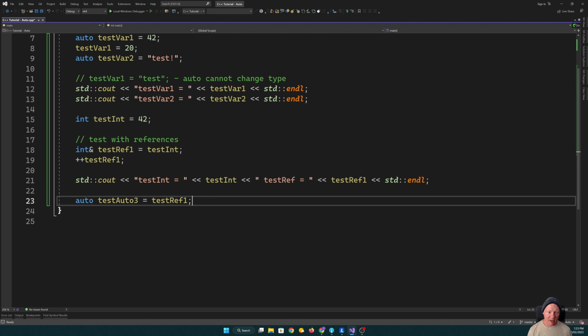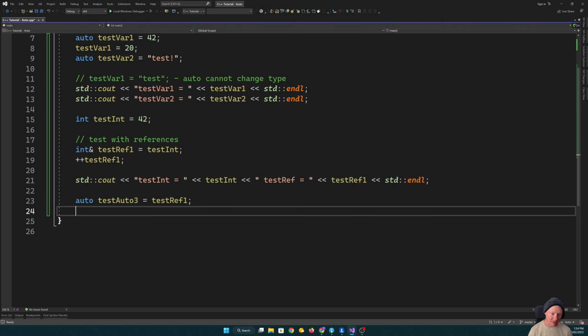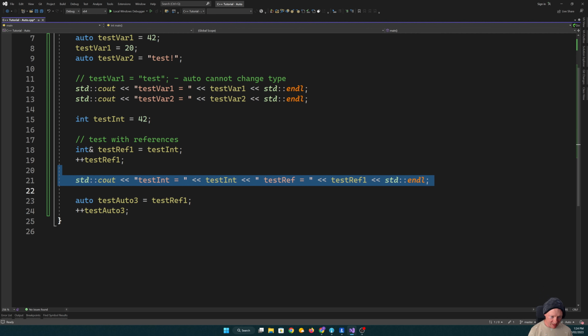And this is something I really recommend when you're experimenting, learning a new language. Test out different things. Don't just assume, okay, I think it behaves this way. Test it out. Do little bits of test code like this and find out. Because then what I'm going to do is test auto 3. And then I'm going to use a similar line to this,